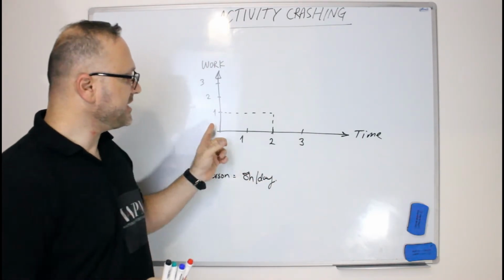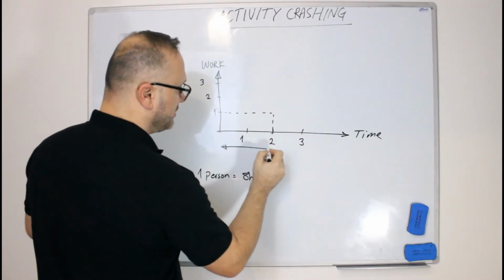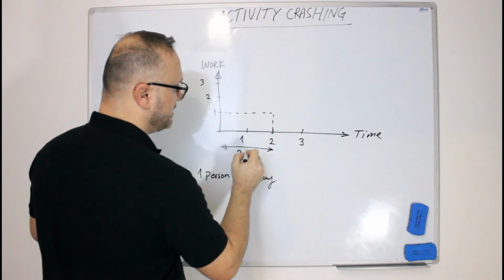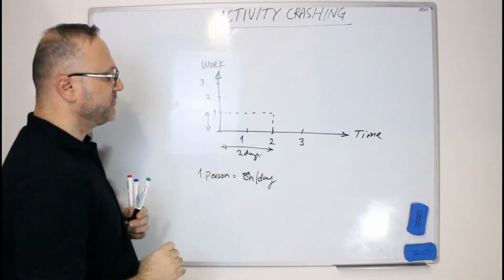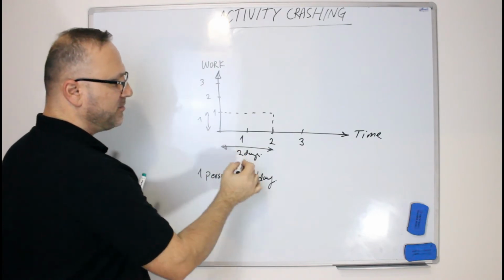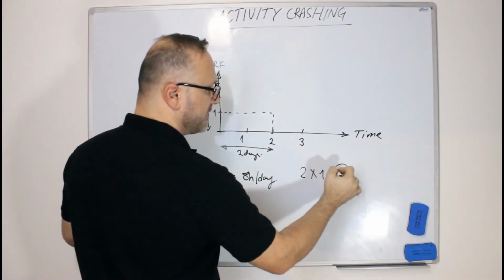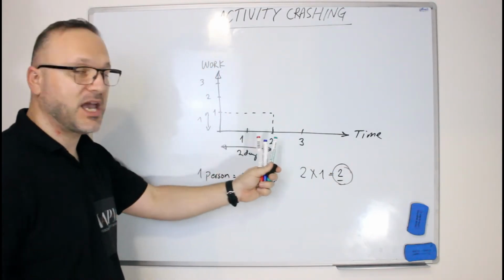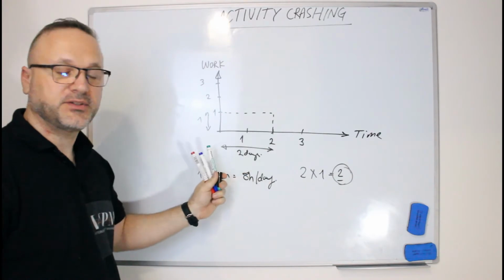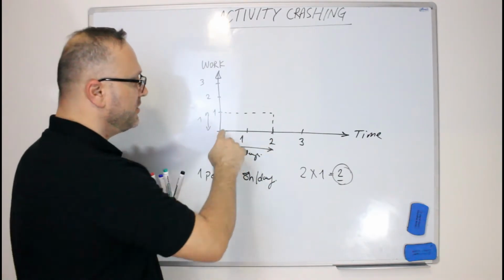So if I have this activity planned for a duration of 2 days, for 1 person, if I multiply 2 by 1, the work required is 2. If I want to reduce the time of this activity to be 1 day only,